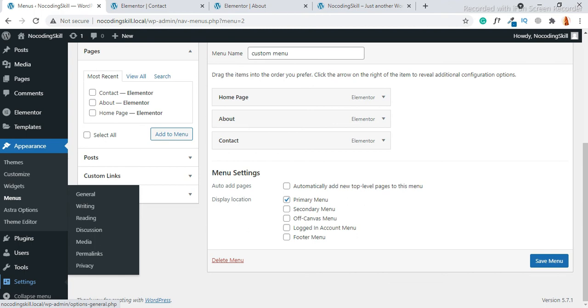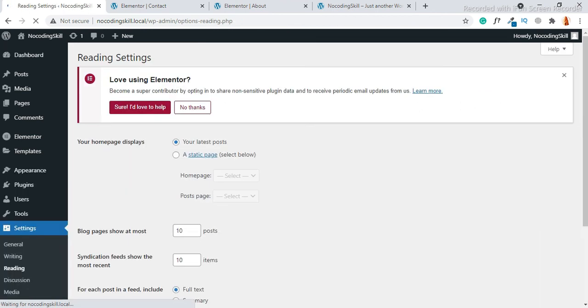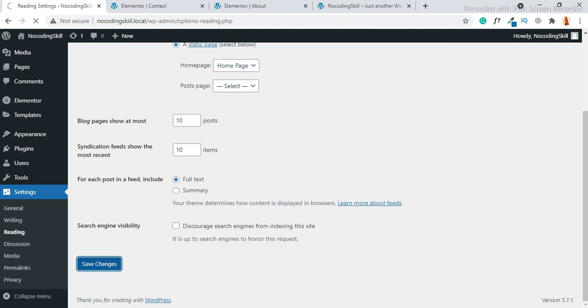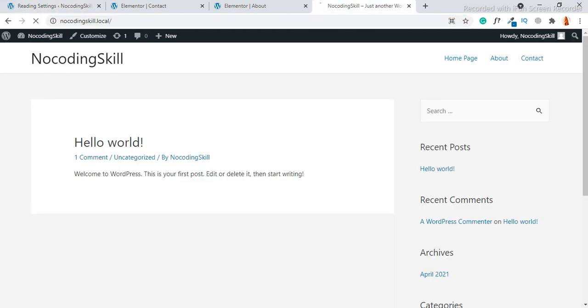So go to settings and just reading. Okay, click over static page and select our home page by default. Save changes. Now let's test the website.